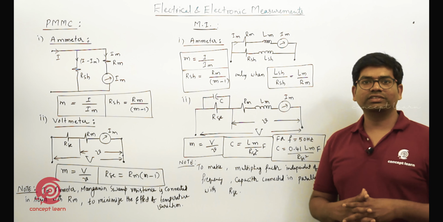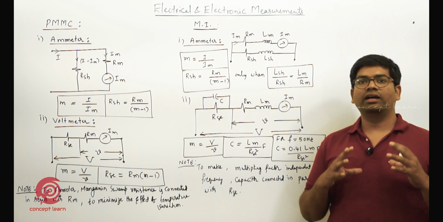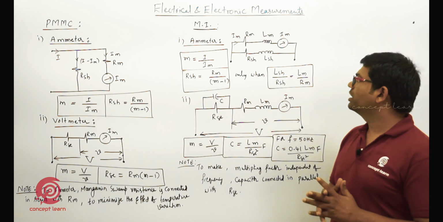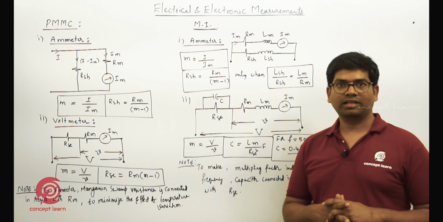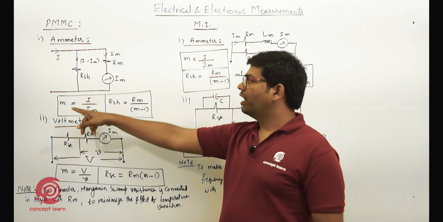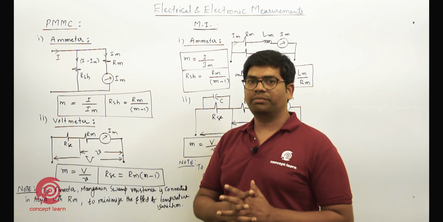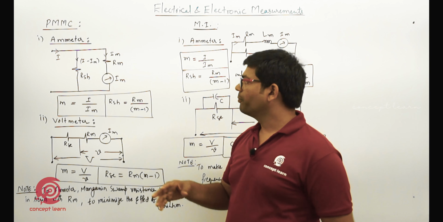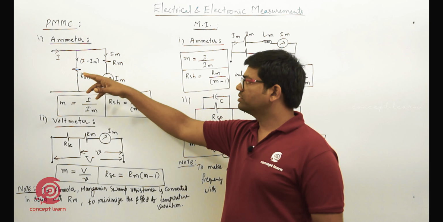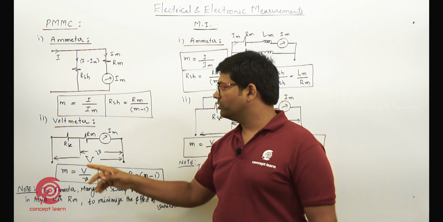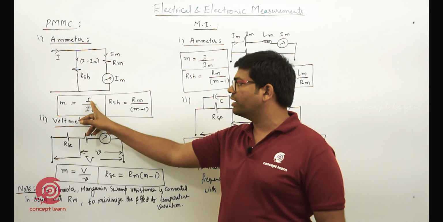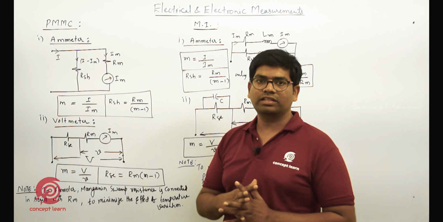For an ammeter, generally we add a shunt branch, and that must be a low shunt resistance that we place. If you notice here, we are placing a low shunt resistance, and we are going with basically a multiplying factor concept. The actual current flowing through the meter is only Im, but scaling is done by this multiplying factor. When I multiply M with this current, we get the actual current which is flowing in the circuit.